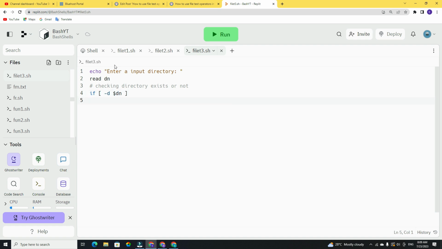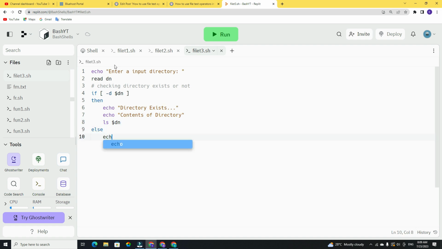Okay, if the condition is true, file exists, that means a directory exists. Directory exists. Contents of directory. So just type ls followed by your variable name,